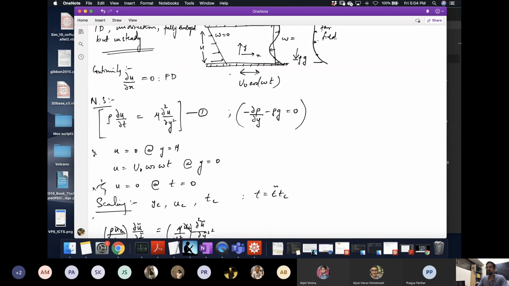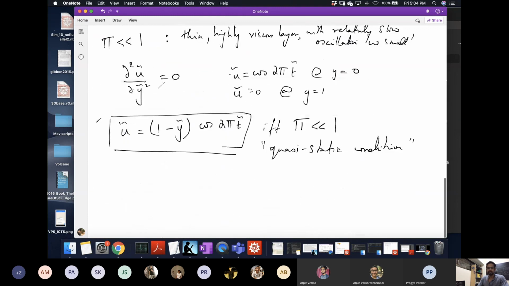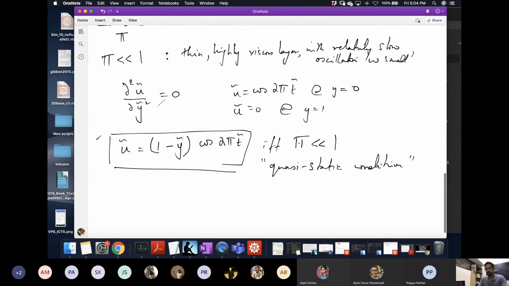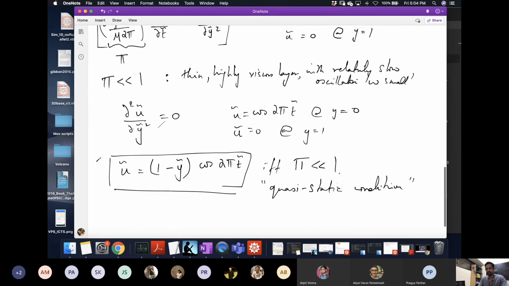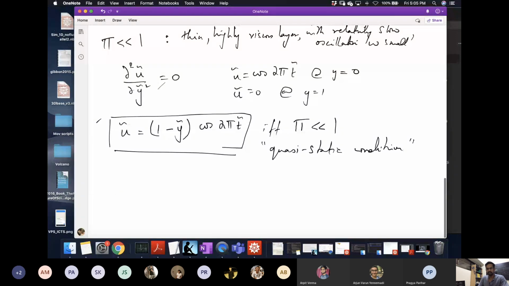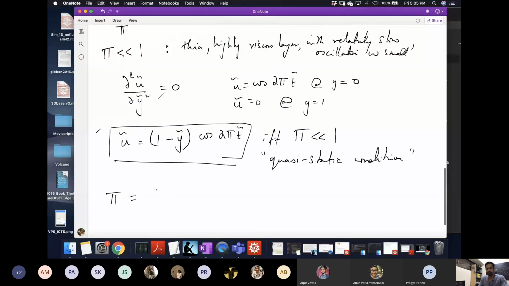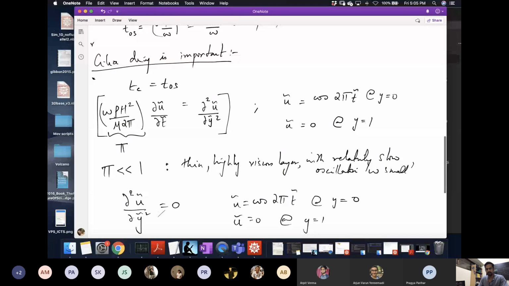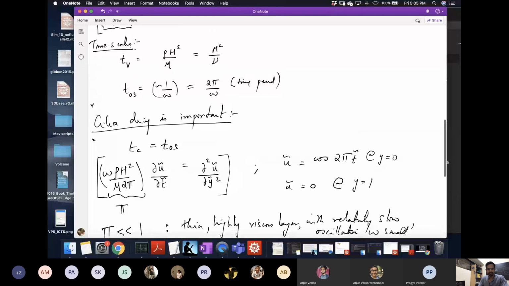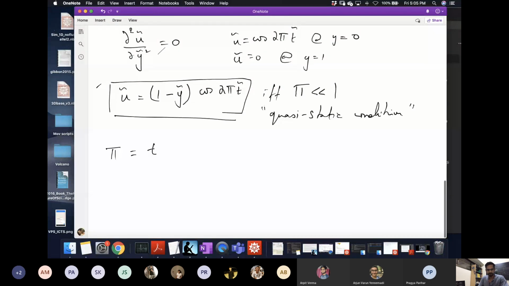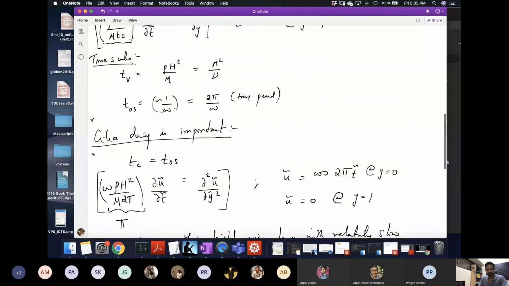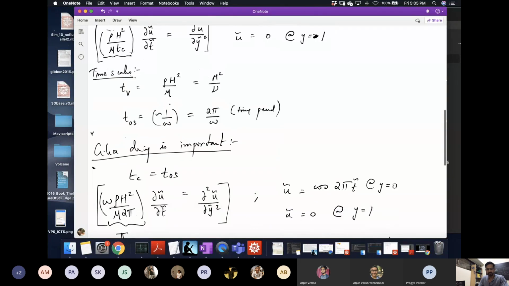And then the physical question is, what does it mean to actually relax? Right, so we've answered the question of how small omega should be. That comes from pi much less than 1. But then what does it mean physically? Well, that depends on how we can write pi. Right? So pi, remember, is the ratio of these two things. But really, if I look at going back here to these time scales, it's actually a ratio of the viscous time scale to the oscillation time scale.